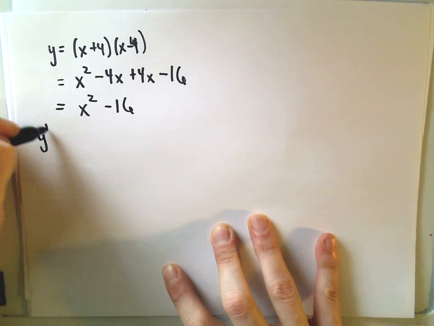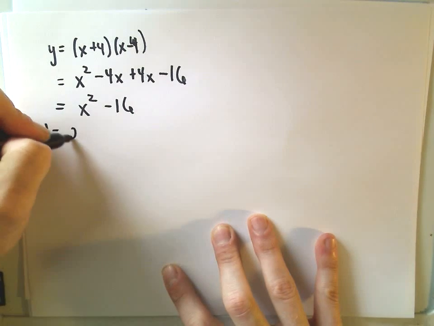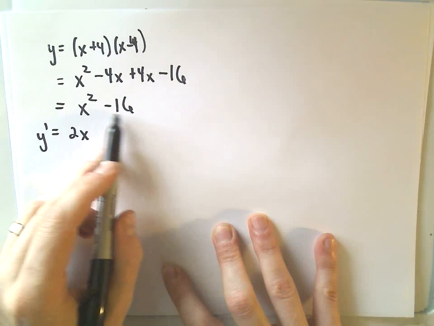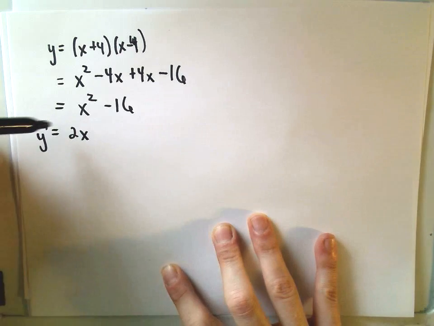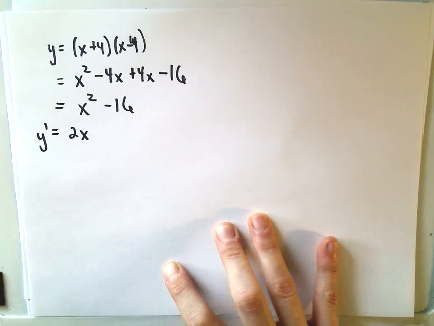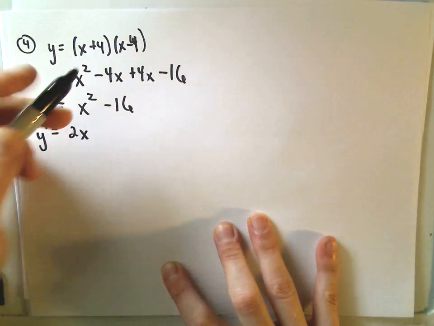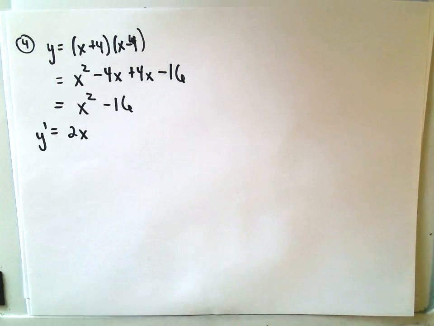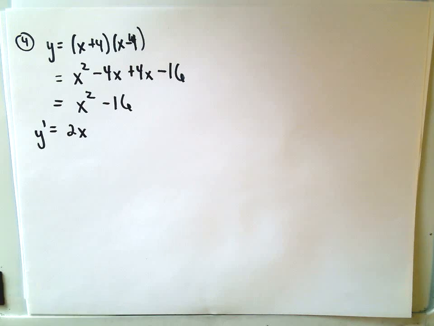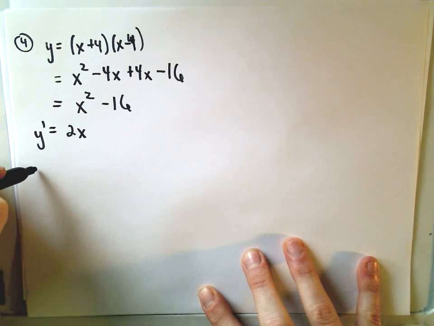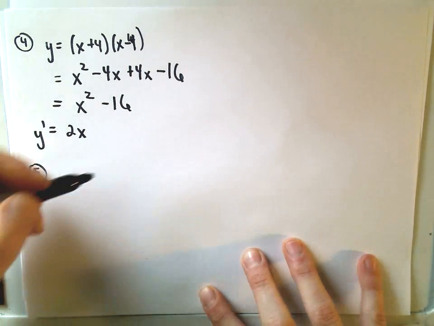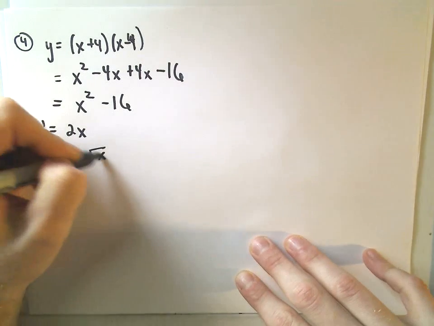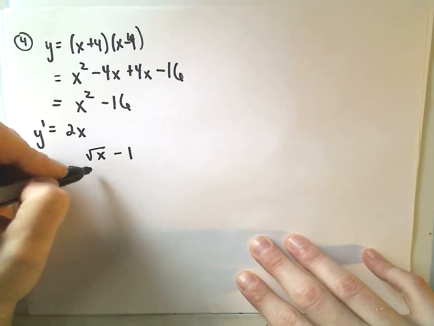So now the derivative is very easy to take. The 2 comes out front. We take 1 away from the exponent. The derivative of negative 16 is just 0. So that's going to be our derivative. So obviously you could have again used the product rule and simplified it down, but this illustrates again that it's much easier to just simplify first. So number 5 we have square root of x minus 1